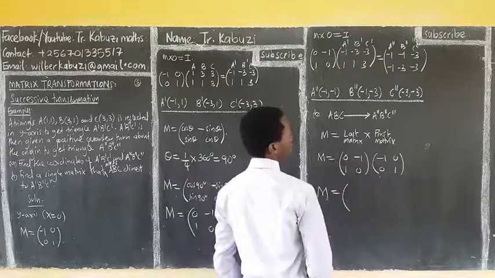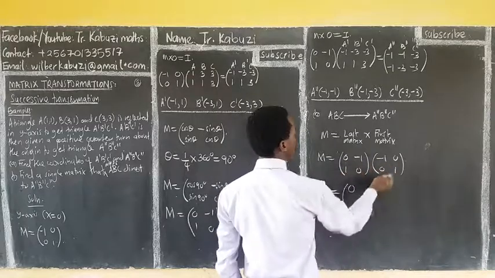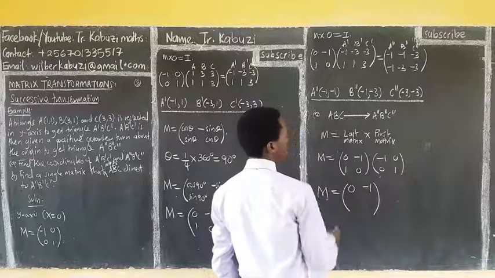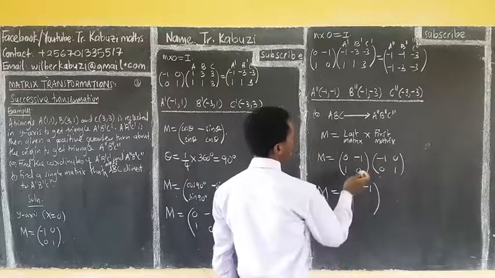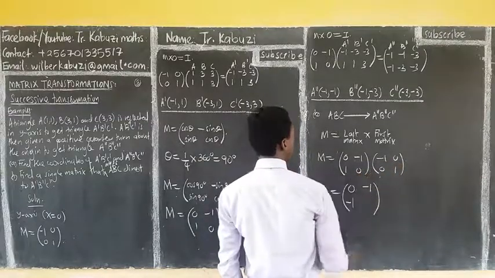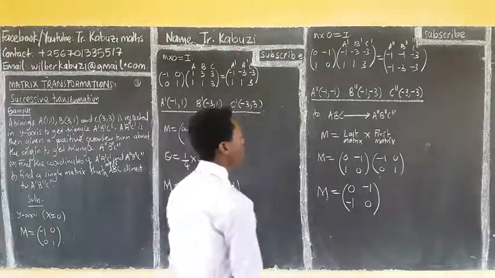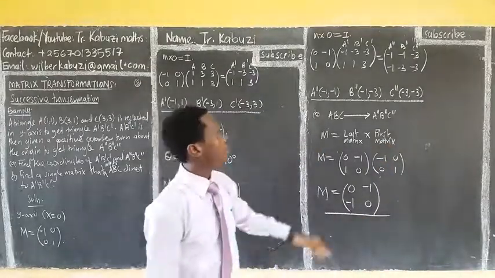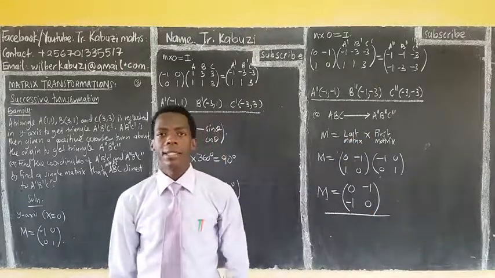This times this is 0, this times this is 0, this times this is 0, this times this is negative 1. This times this is negative 1 plus 0 times 0 is 0. This times this is 1 plus, 1 times 0 is 0, 0 times 1 is 0. That is the matrix that transforms ABC directly to the double prime image. The one that transforms this back, you get the inverse of this. So that's it, members. I wish you